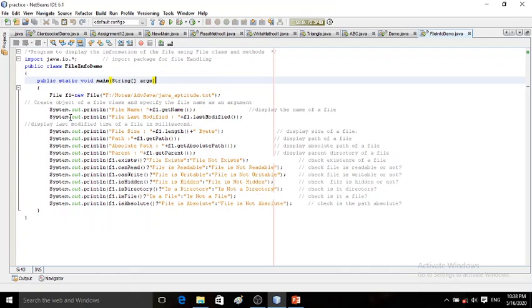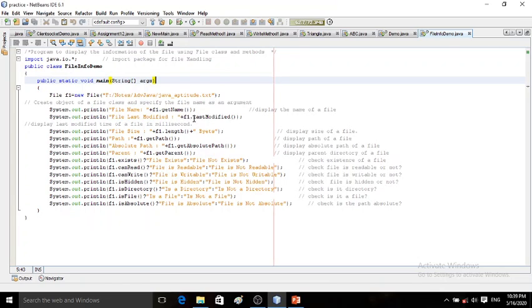Next, again System.out.println, file last modified. Here we will display the last modification time of our file. Definitely a long integer value will come, using Greenwich Mean Time, GMT. So I want to call that method. All the methods we have just seen are instance methods, so everywhere I need to use this object f1 and the dot operator to call a method.